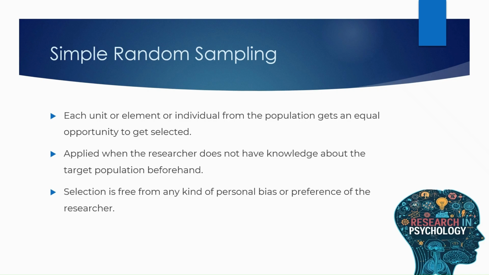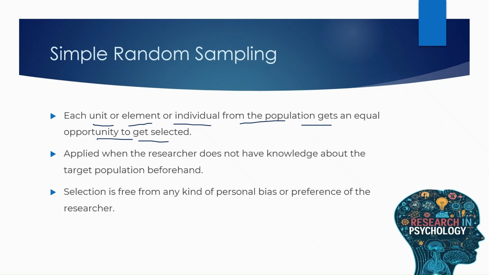Here, each unit or element or individual from the population gets an equal opportunity to get selected. Now, this is the definition of probability sampling, right? So this is the same as simple random sampling, which means every single unit, every single element, every single individual from the population has an equal chance or equal probability to get selected